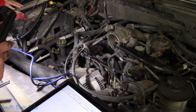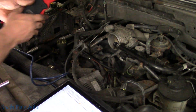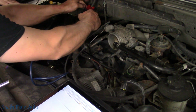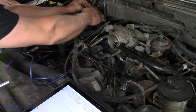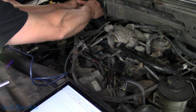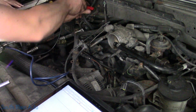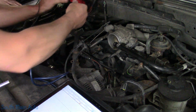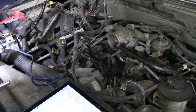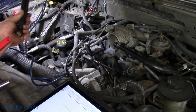And where can we go to grab both of these? Oops, oh, that's right in my face. I'll come up here. I have no idea if it's on the screen or not. See, I can't get my jaws closed, so I'm not going to get an accurate reading. I got to get a different amp clamp. Yeah, unfortunately, I cannot. So that is my problem, and even if we go on the ground, I can't grab